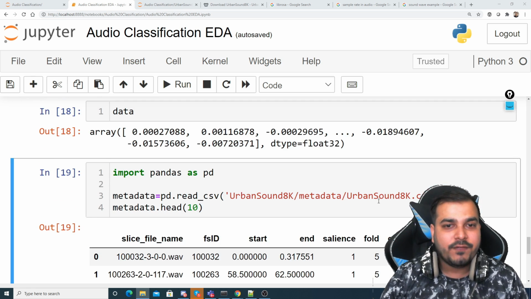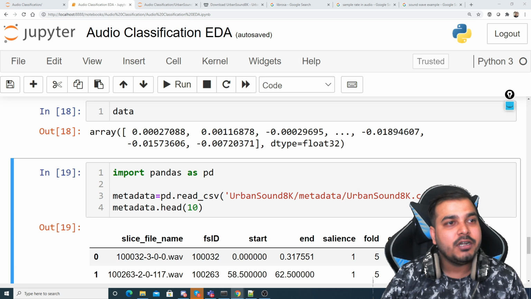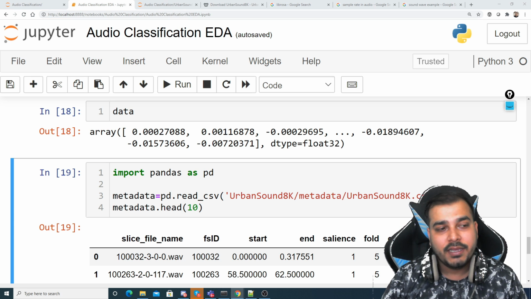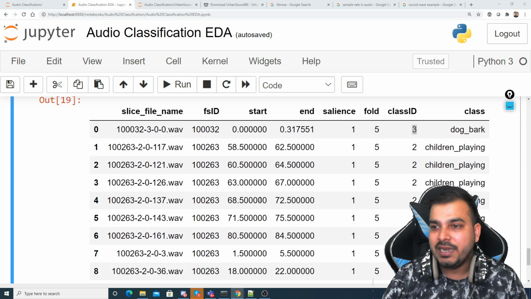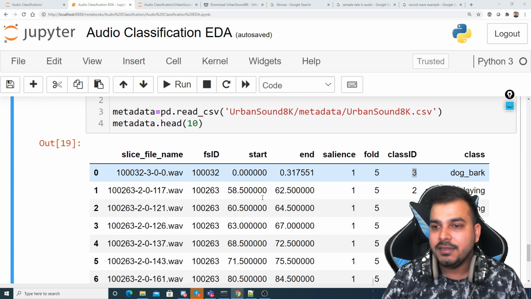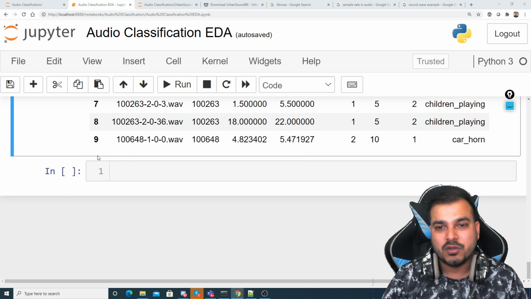Now, the first check that I really want to do over here is to find out how many values are actually present, whether it is an imbalanced data set or a balanced data set. In order to do that, I'll quickly use this class, and I'll try to use value_counts, right?